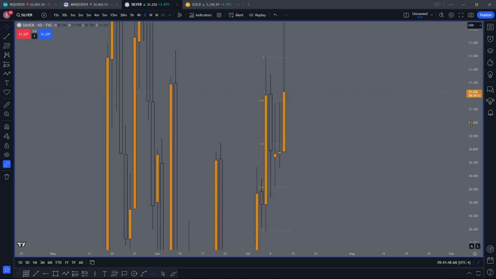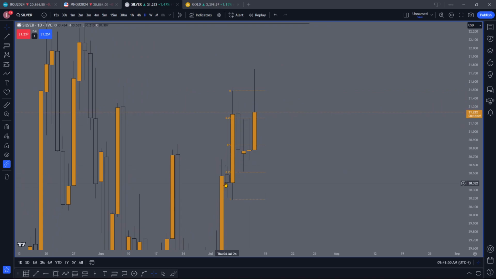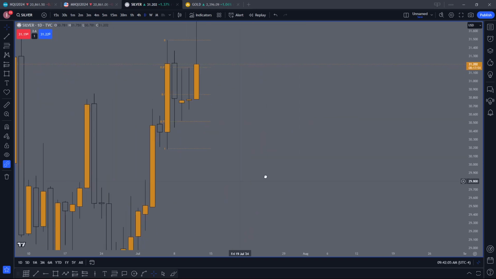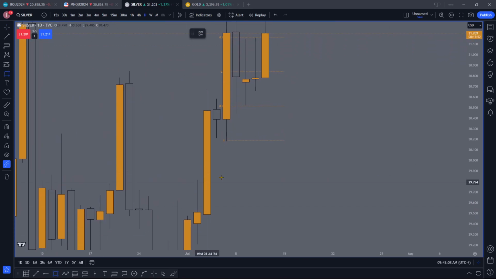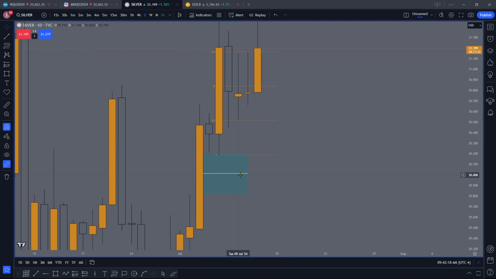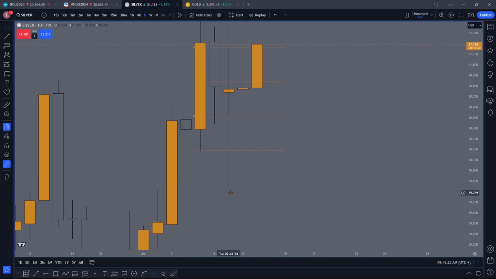So if you can see, we have the mitigation block right here, which we narrowed down on the 8-hour to inefficiency, move lower into that, and then we take the range high. So this was our price condition for the range high or range low being taken. And by the way, the range low being set inside of an inefficiency just gives me more confidence that the range high might be met more likely than the range low, because this low here